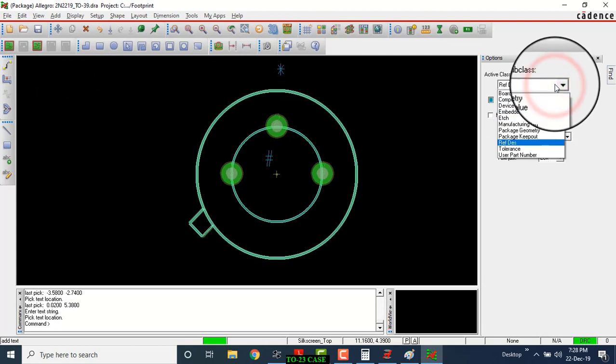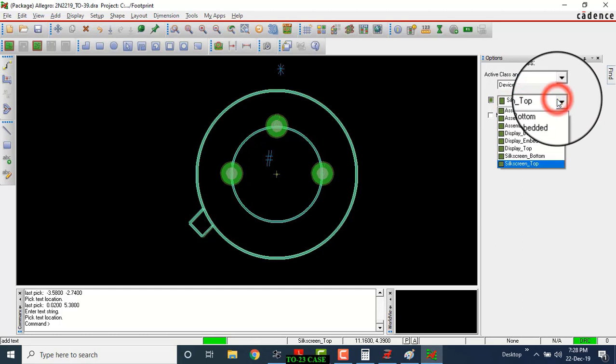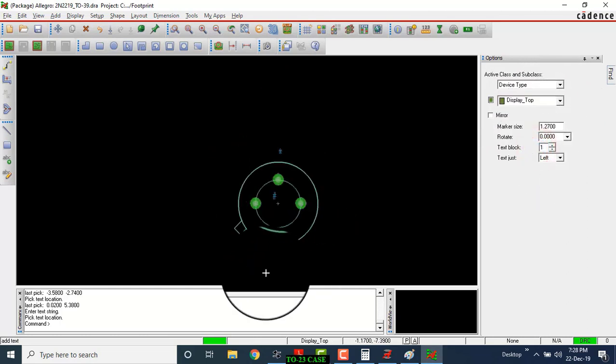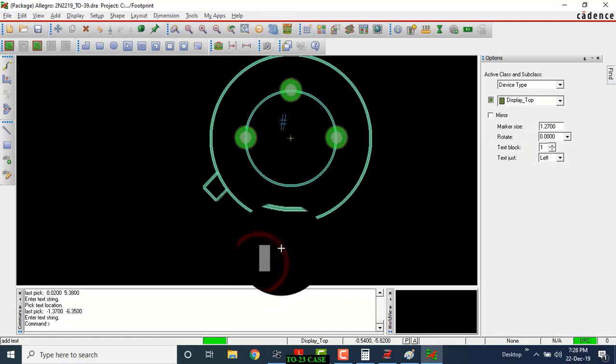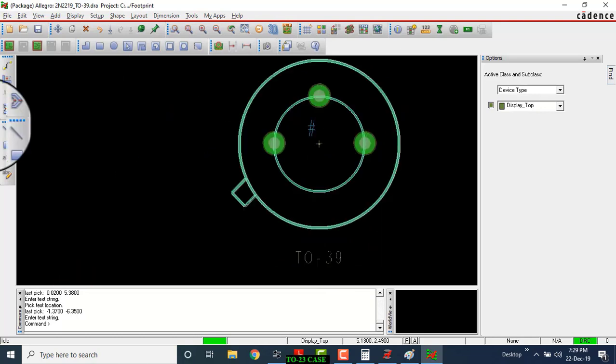We'll use active class as the device type, and subclass will be the display top. We will write here, what was our package name? Package name was TO 39. Done.